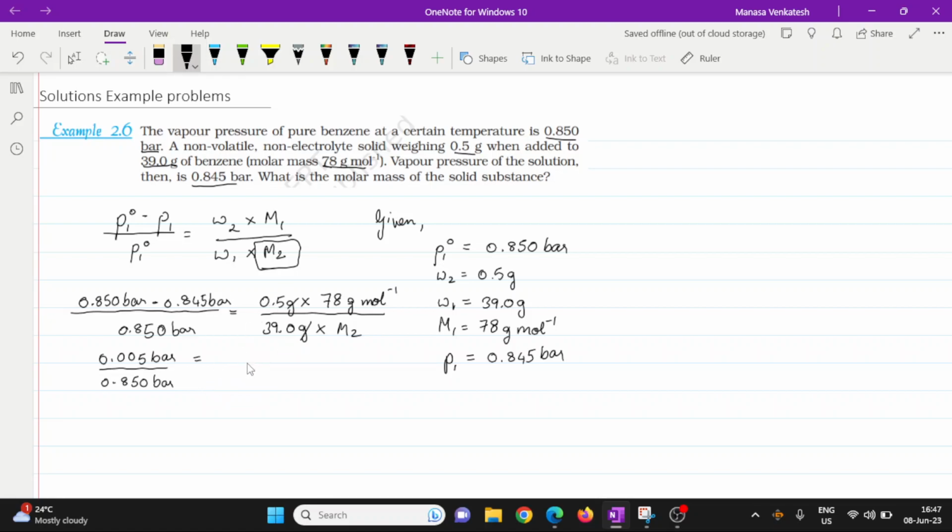So you get 39 grams per mole when we multiply this with this, divided by 39.0 into M2. So now we can just cancel this, and so this when simplified gives us